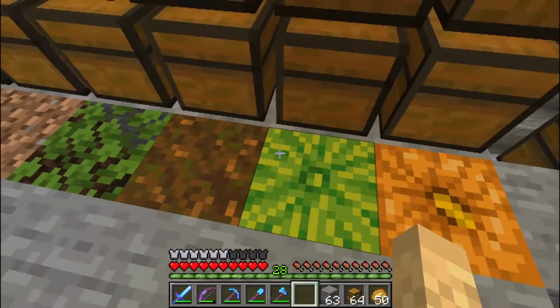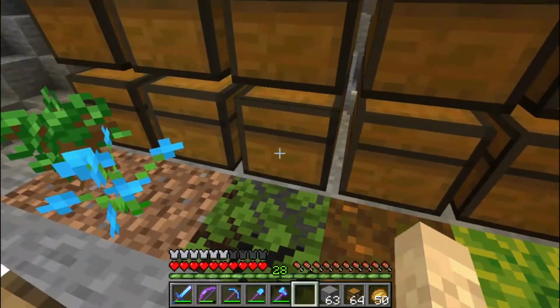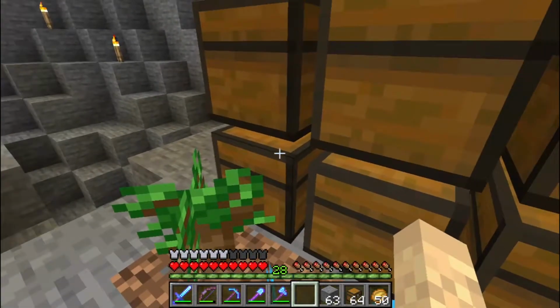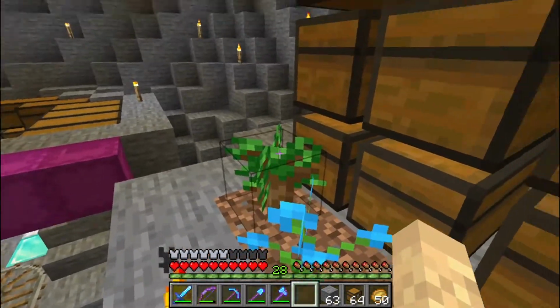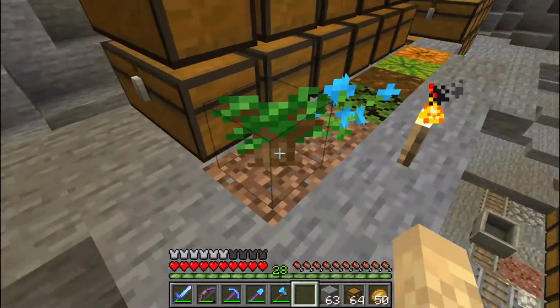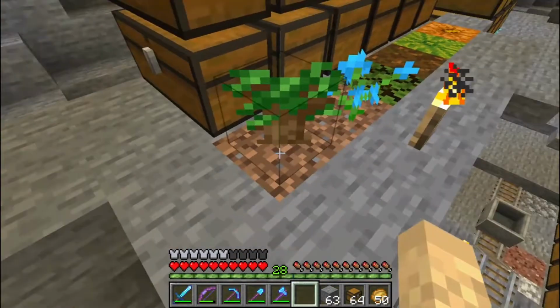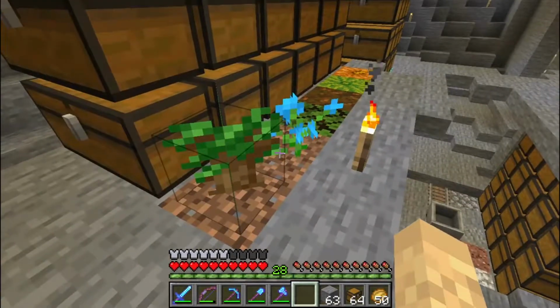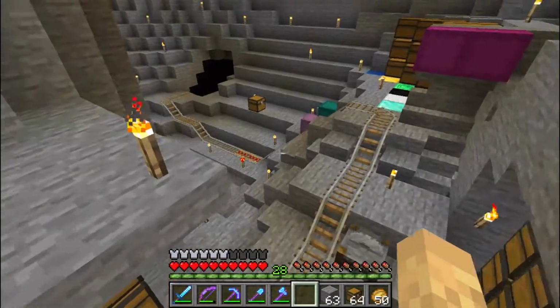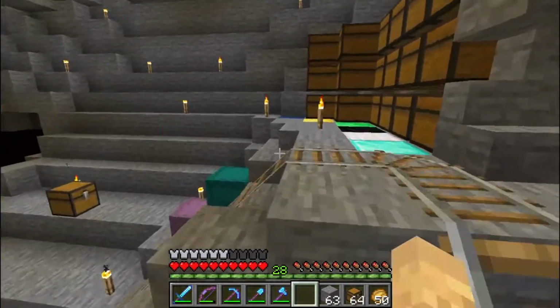So pumpkins, melons, podzol, leaves of all different varieties. Flowers we're going to go in these chests, and then saplings will be over here. This is a dark oak sapling, which won't grow as just a single sapling, so that's safe there, and that can show us what we have. So that is what is done up here, and then if we come down here, I've got all of my